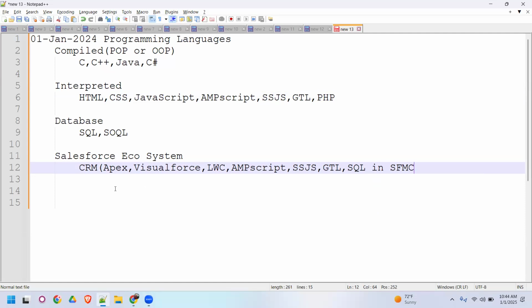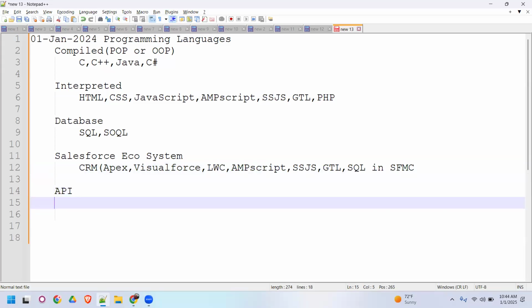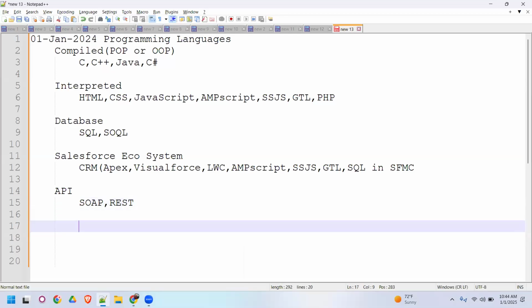Okay, this is the ultimate goal we want to reach by the end of the month of March. Along with this, we will be learning the fundamentals of APIs, where you'll learn and understand the SOAP API and also the REST API. So you'll be learning both SOAP and REST, and you should be understanding the difference between them and more. When we end up with all these things, you should be a full stack developer